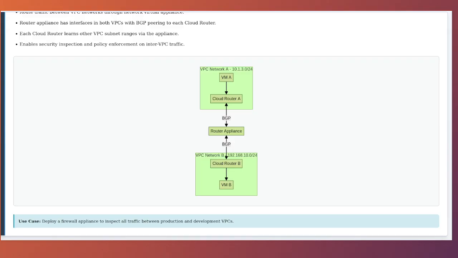Let me walk through the VPC-to-VPC connectivity diagram in detail. Virtual Machine A represents a workload in VPC Network A that needs to communicate with resources in VPC Network B. The subnet 10.1.3.0/24 shows the IP address range for the subnet where Virtual Machine A resides. Virtual Machine A sends traffic destined for VPC Network B, and that traffic follows the route that points to the